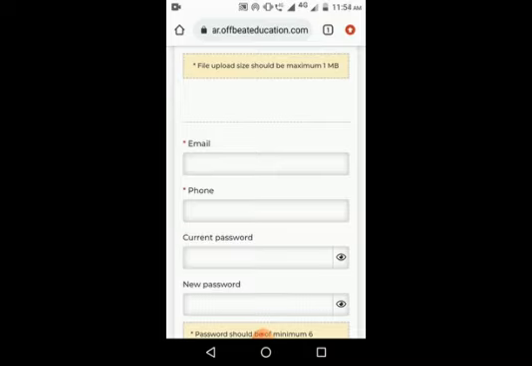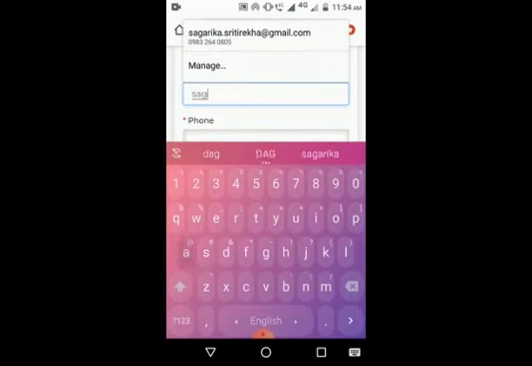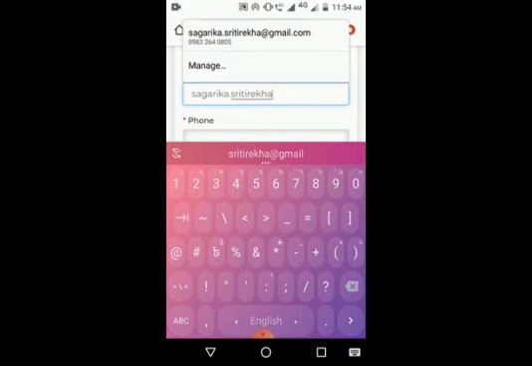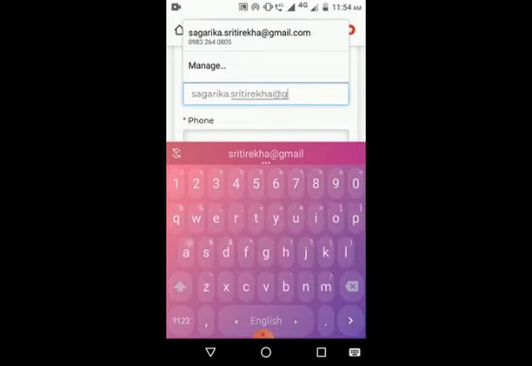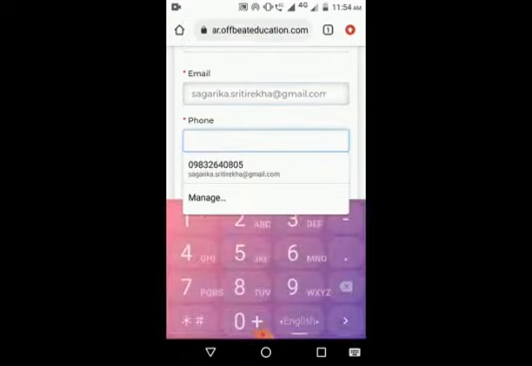I am giving my mail address here, that is okay. I have given my mail address. Now I have to give my valid phone number where I can receive the SMS alert.